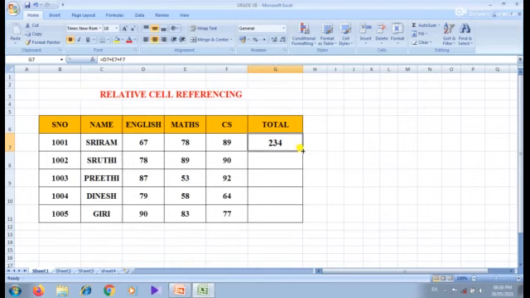After selecting the cell, you keep the mouse in the bottom right corner of this cell. The plus symbol will appear. This plus symbol is known as the autofill handle. After that, you have to drag the mouse down the column. For copying the formula, you will get the answer. So this is the method for copying the formula using the autofill handle.